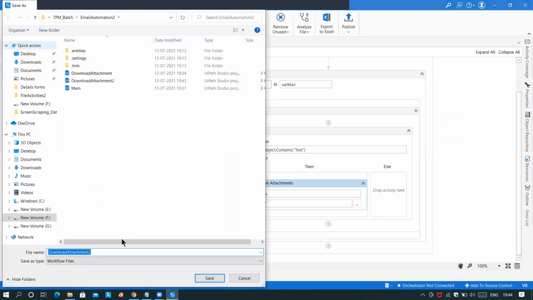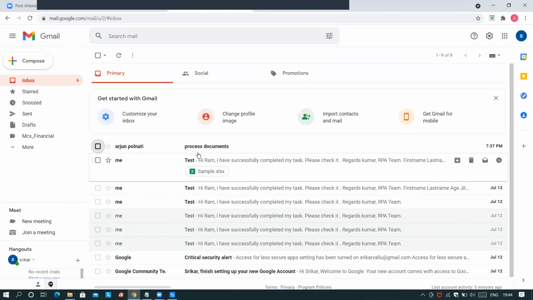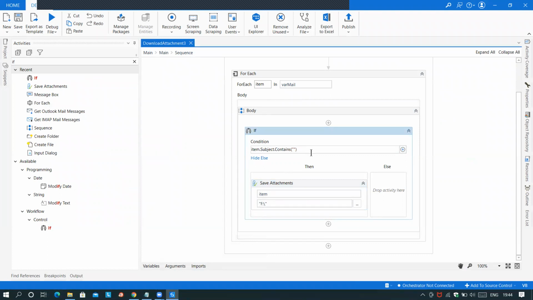Save as Subject 3, Download attachments 3. See, right now I want to change my subject line. My subject line is process. If the subject line contains process, then that mail itself, you have to download the attachments. This time,